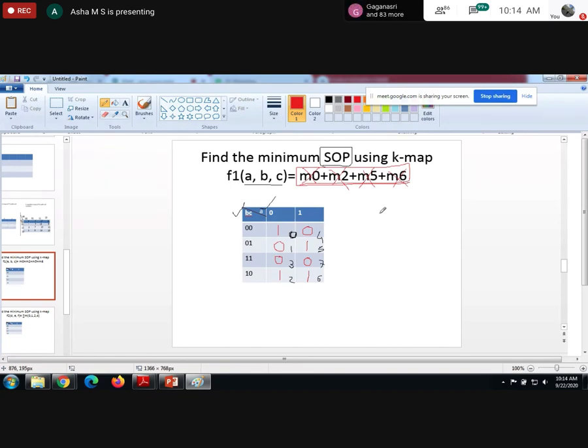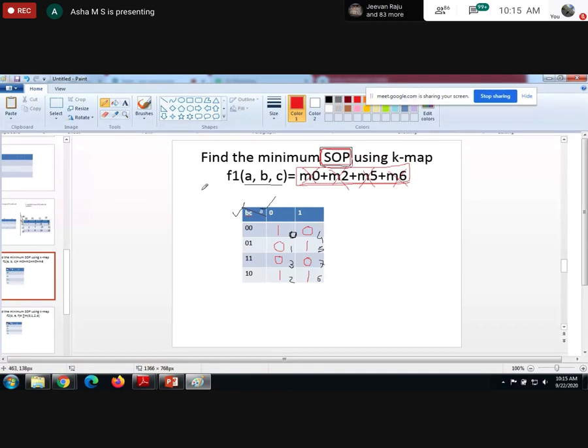Okay. Now listen here. Here we had 3 variables. First we plotted the K-map for 3 variables. Then in the minterm places we placed 1, and the remaining cells are 0. Look at the question. They asked us to find the SOP. So the next step is to group the ones. The ones should be adjacent.